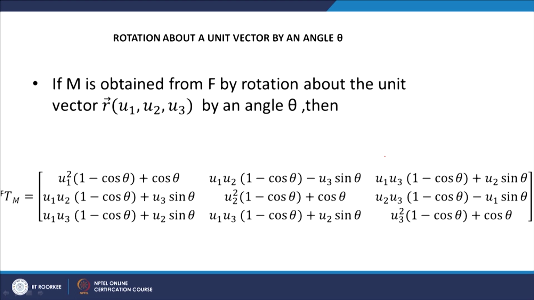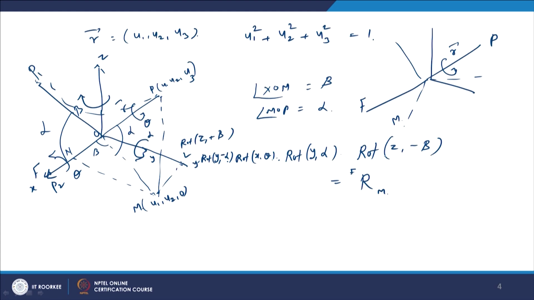So, we can see here this expression OM is nothing but the projection of OP on the xy plane. So, it is nothing but OP cos of alpha, but OP is of length 1, it is a unit vector. So, it is simply cos alpha, OM is cos alpha, and then U1 is